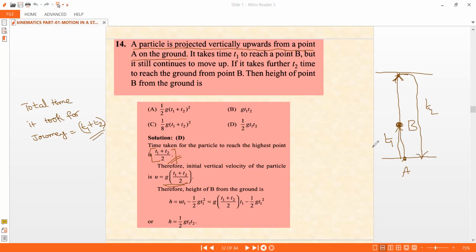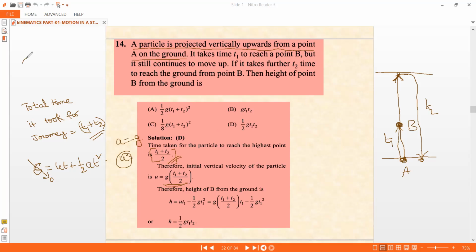What is the vertical displacement? It is moving in a straight line. It has gone up and it went down, and it has reached the same point. So for the vertical displacement as it has reached the ground, we use the equation s = ut + half at squared, as simple as that. Here a is minus g, u is the initial velocity with which it is projected, and the displacement s is 0 because it started from the ground and reached the same point. Initial and final points are the same.